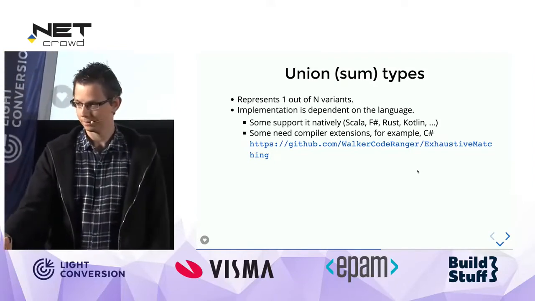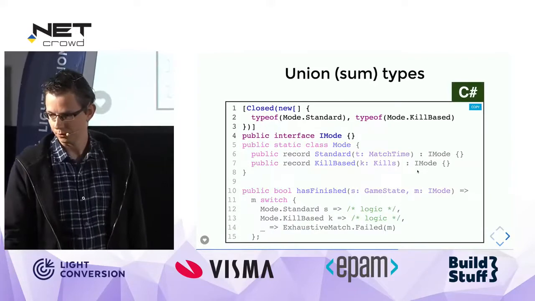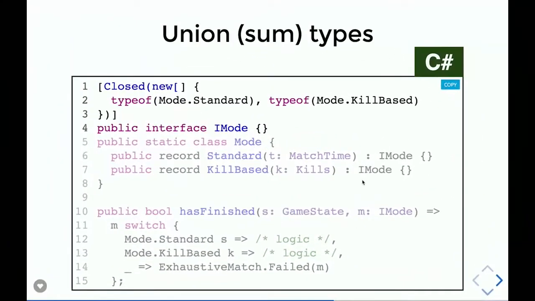So there's this thing, and once you have it, you can do this. You can define that I'm going to make this interface into a closed interface. Here are all of the variants that are there. And then you just write down, here's one variant with this data, and then there's another variant with this data.